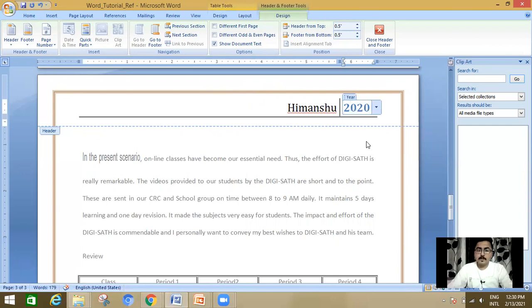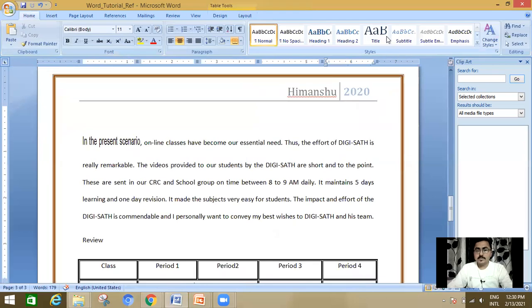Whenever you have completed your header section, in the design section, the close header and footer option will be there. Click on that. Now you will see that the main content of your document is active and the header section is inactive. Like this, you can add a header in your document. Now on every page, Himanshu and 2020 will appear like this.